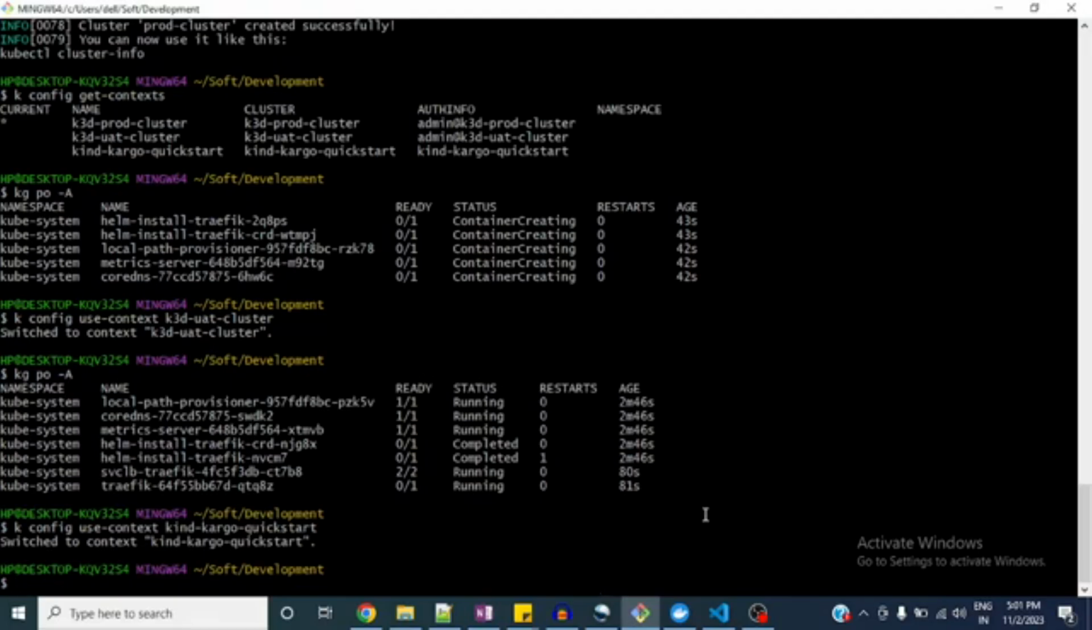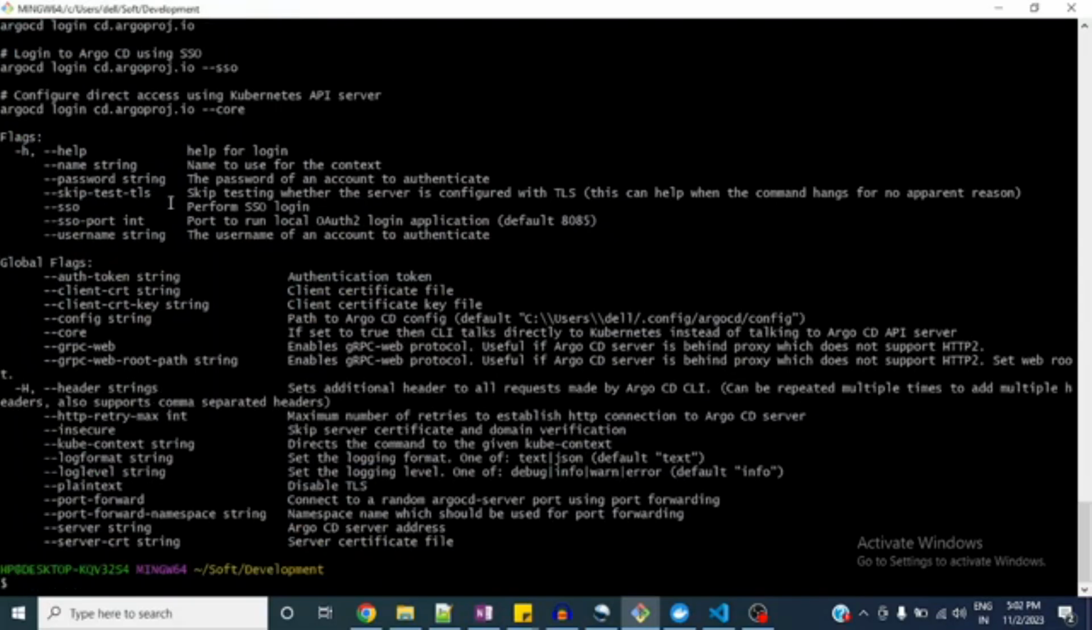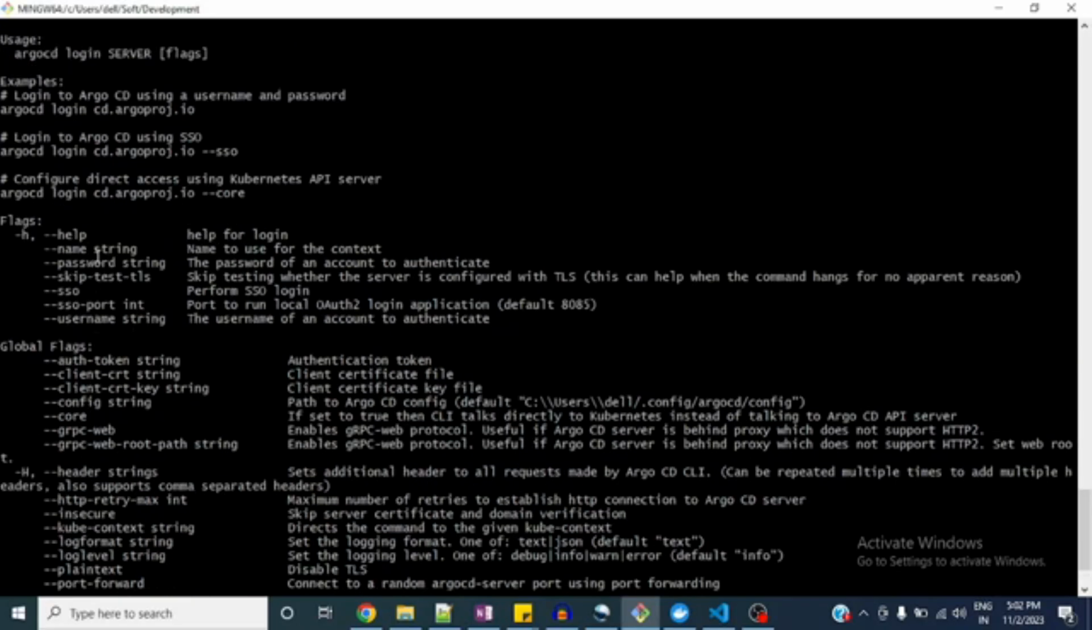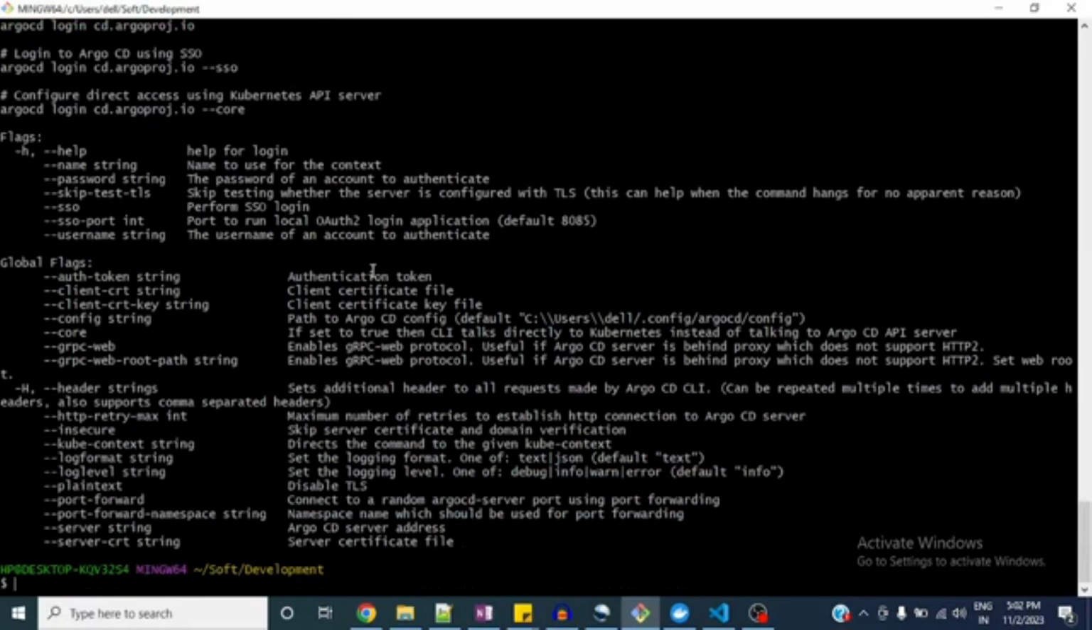Okay, so the command to add this cluster, like we need to log in first. Argo CD login. You can check the command. Okay, fine. So the command will be login